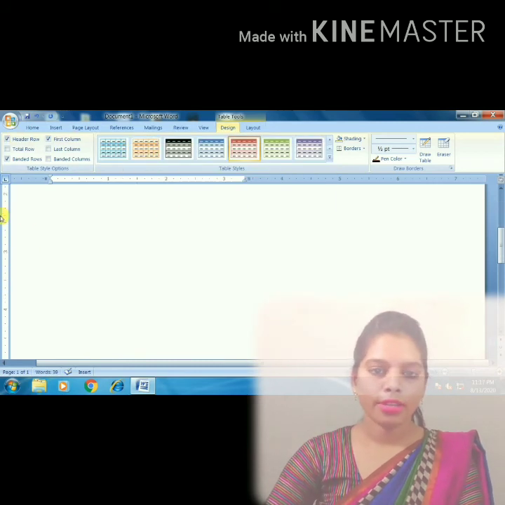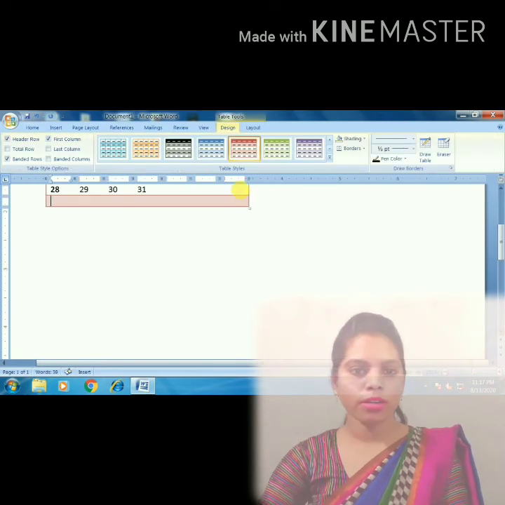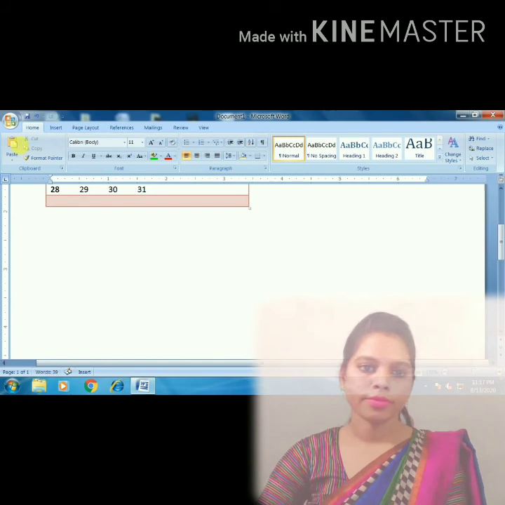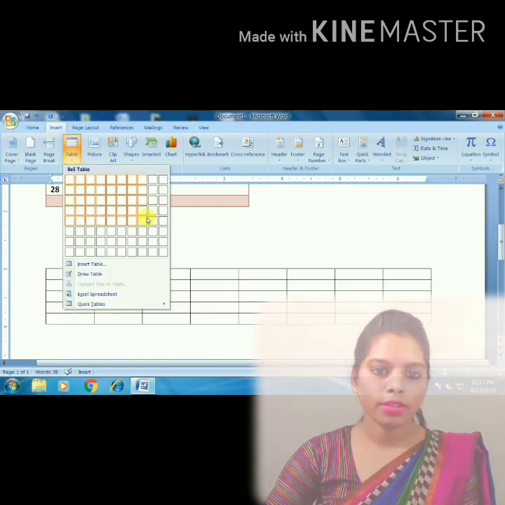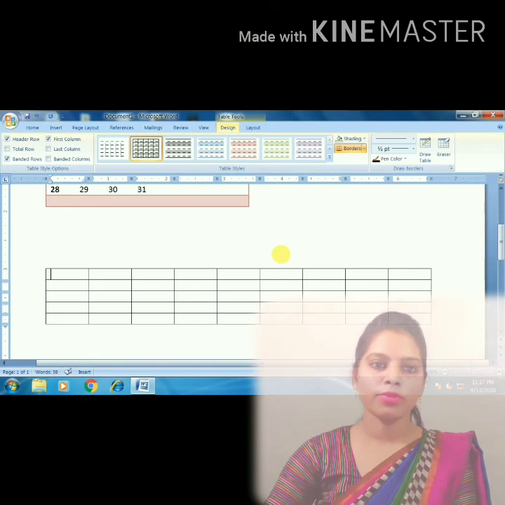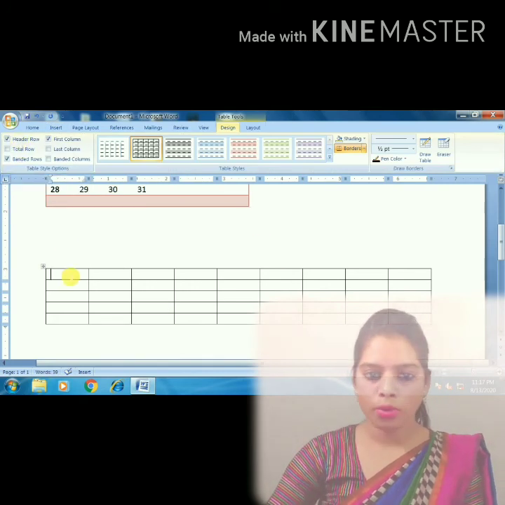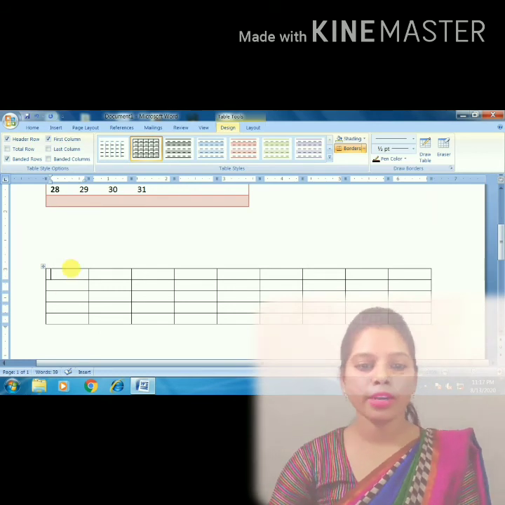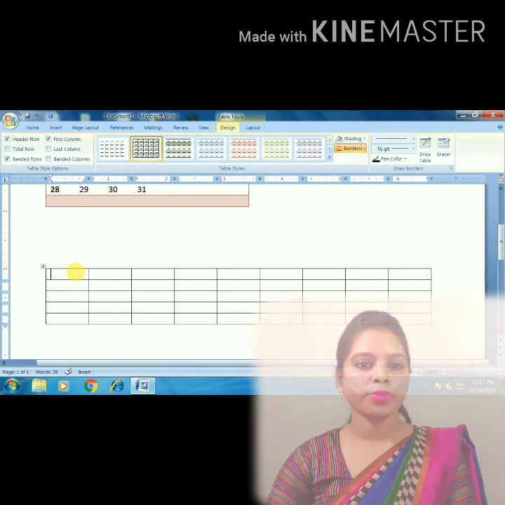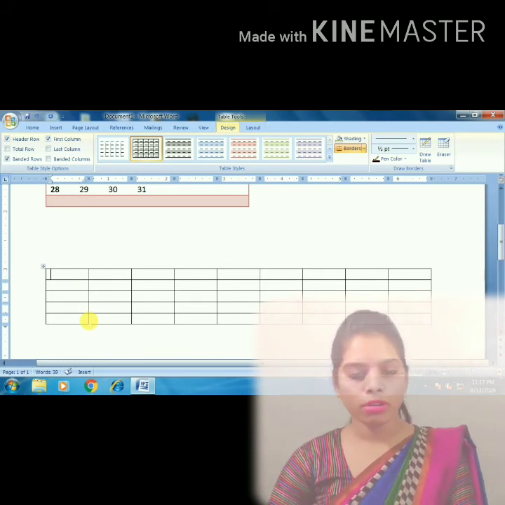Okay, after then let's learn what are the features to decorate or format our table. For that, click on start. After then, insert the table. The table will display. See, header row. Which row is placed on the top of the table? That row is called header row. And which row appears at the bottom of the table?